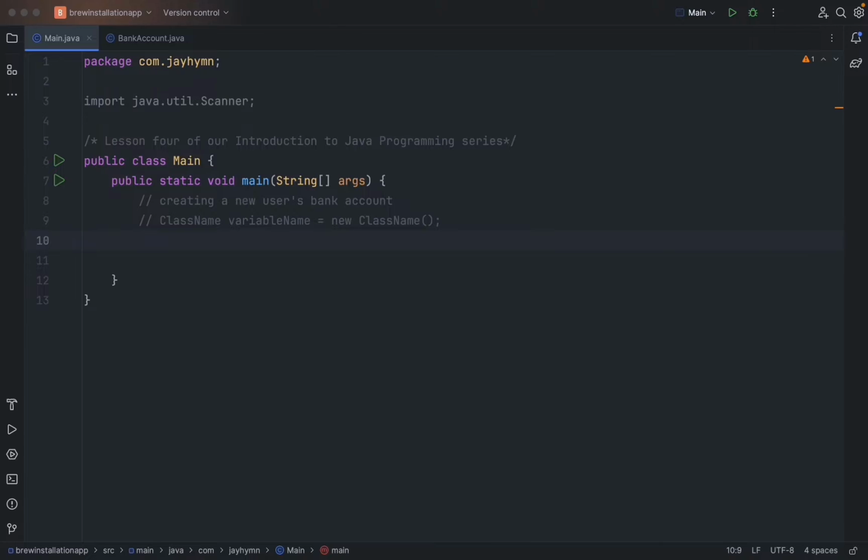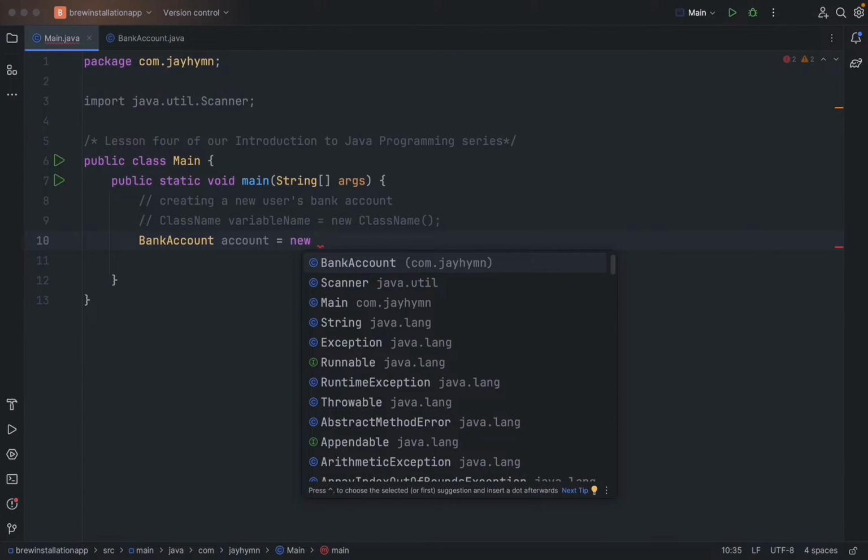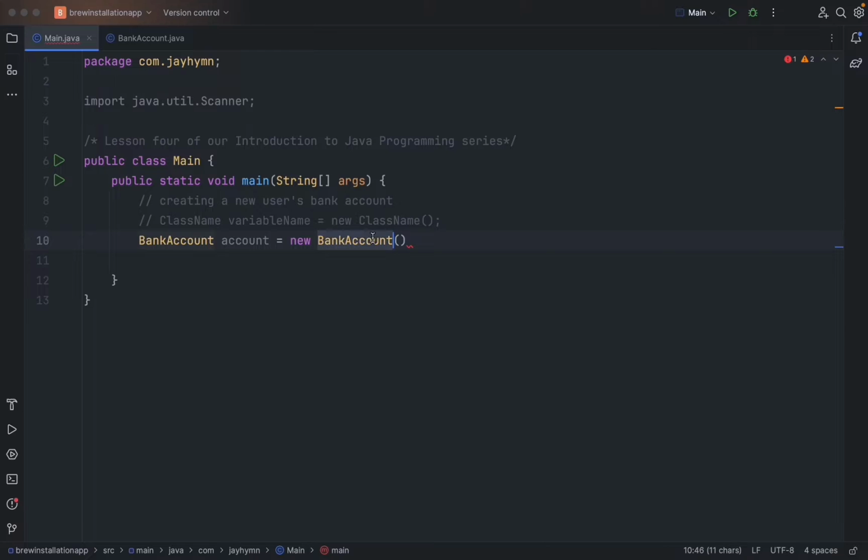Let's go ahead and create an instance of the class bank account. We'll type in bank account and let's call this variable name account, and that would be assigned to new. So the new is creating an instance of bank account,